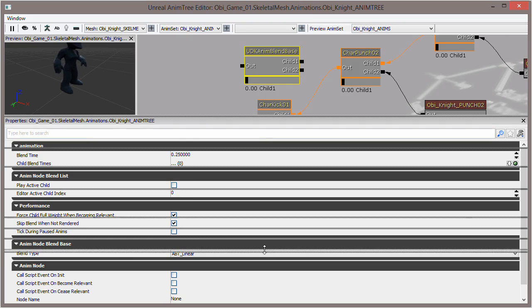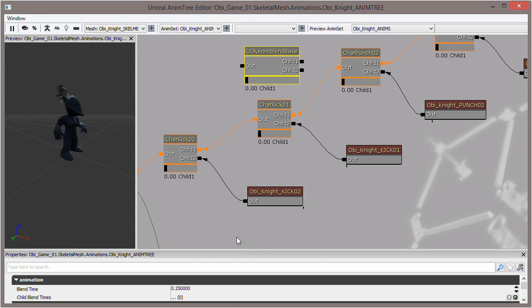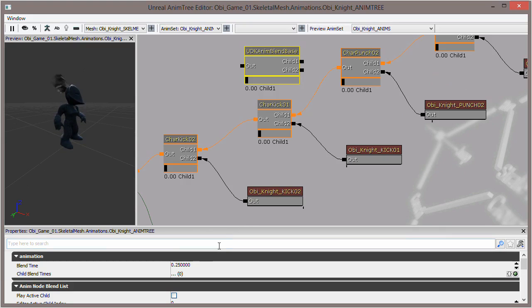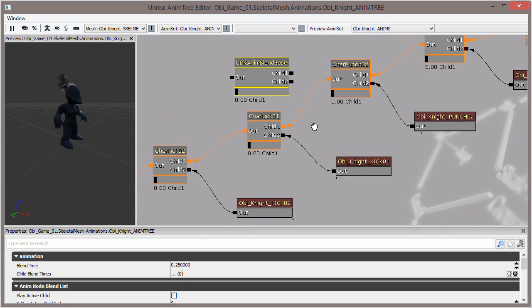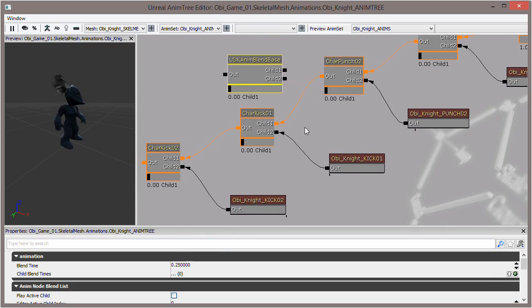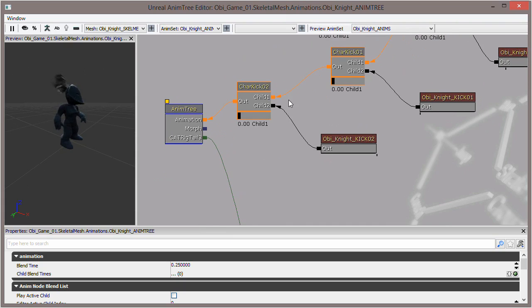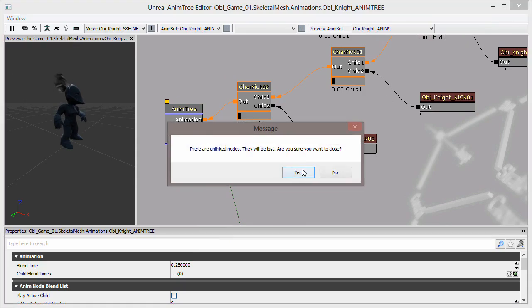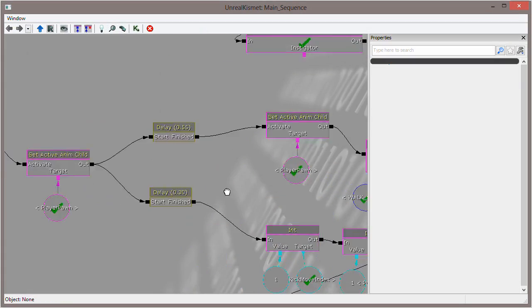I'm not sure if that is used in any way, but you can actually in Kismet set your blend times. So for each animation you call in, you can give a different blend time if you want it. Okay, so that's the animation tree setup, and in Kismet we've got